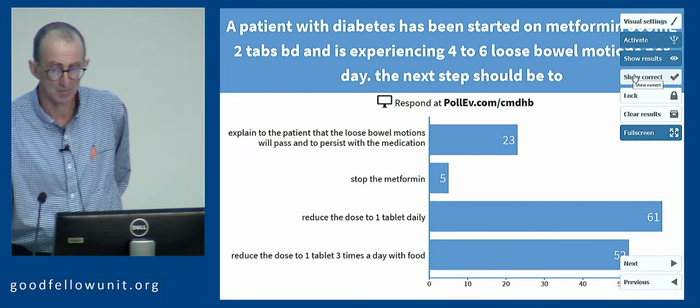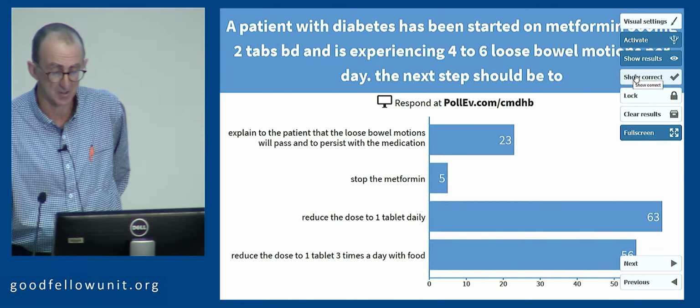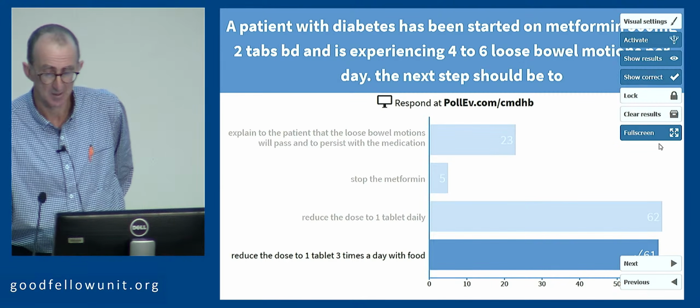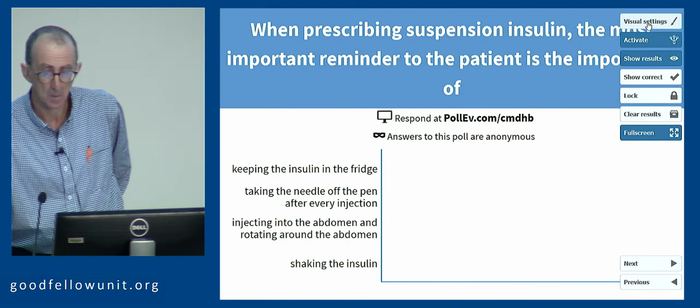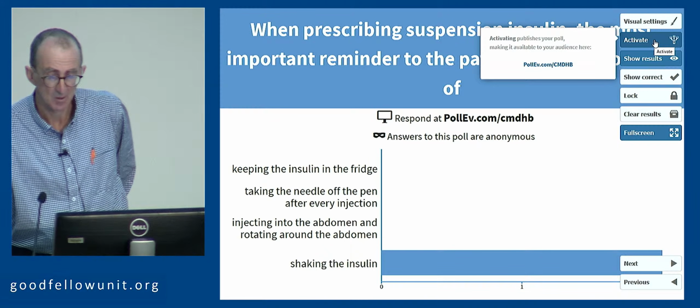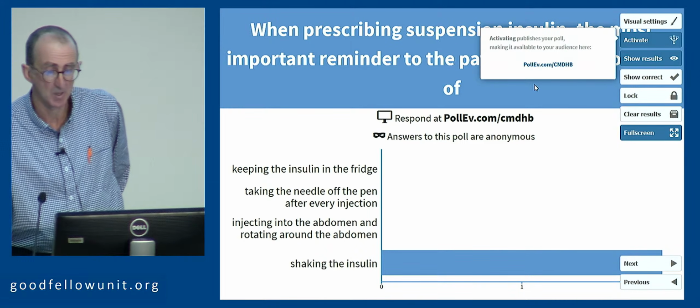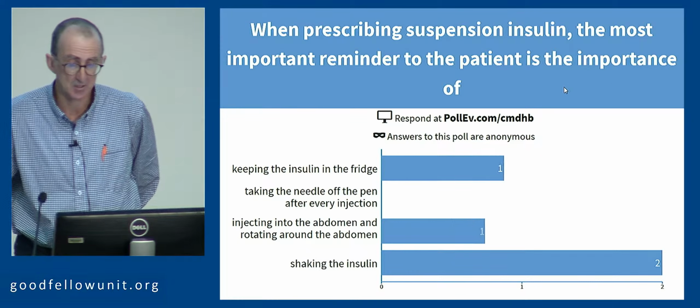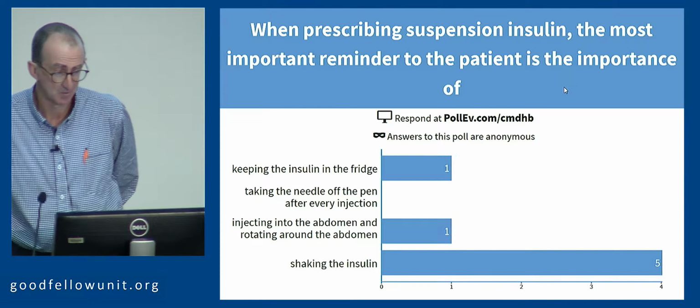Okay, we love metformin. We want people to be able to take as much of it as they can tolerate. So the correct answer is, in fact, the one at the bottom there. Moving right along. When prescribing suspension insulin, the most important reminder to the patient is the importance of...